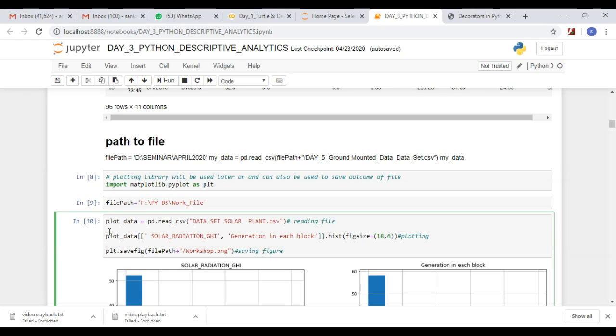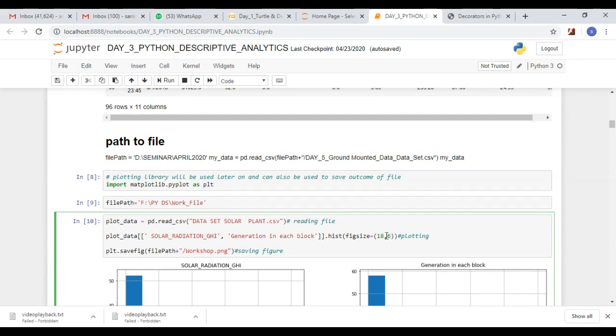Then plot data equals pd.read_csv. Already I told you, it is reading that CSV file. Then I have to plot. This is the plot data I created. Then I have to use that plot data. These are the 2 columns I am using: solar radiation GHI and generation in each block. By using these, I am going to draw histograms.